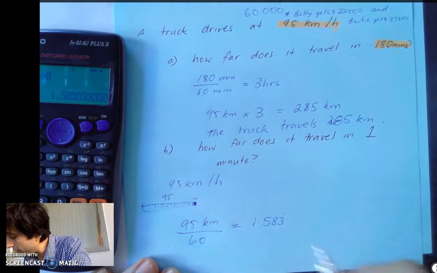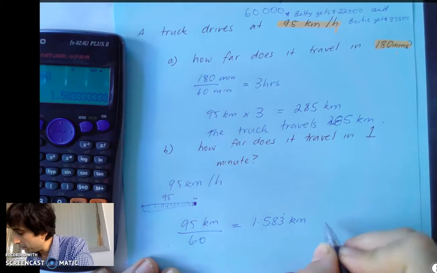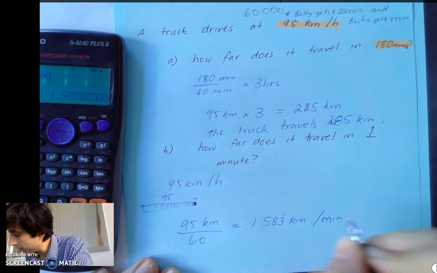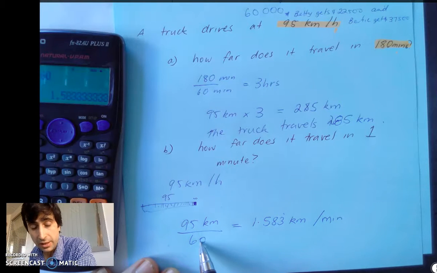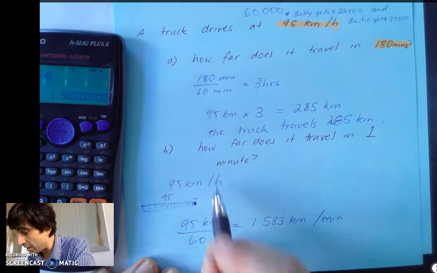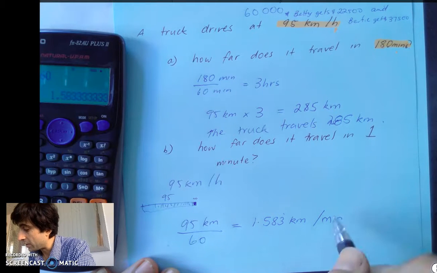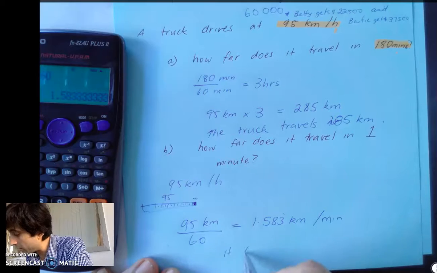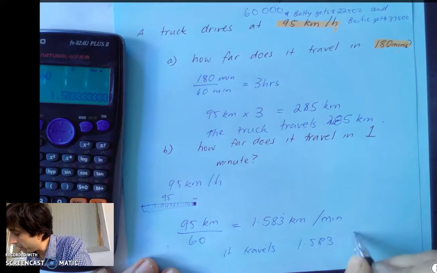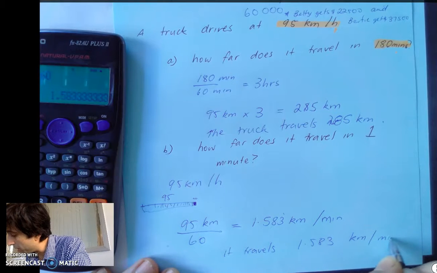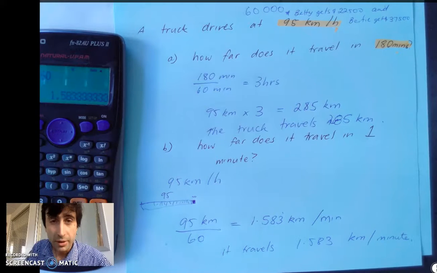1.583 recurring kilometres per minute. If we go 95 kilometres in an hour, well then 95 divided by 60, because there's 60 minutes in an hour, we'll get 1.583 kilometres a minute. So how far does it travel in 1 minute? It travels 1.583 kilometres per minute. Sorry for the mistakes, but